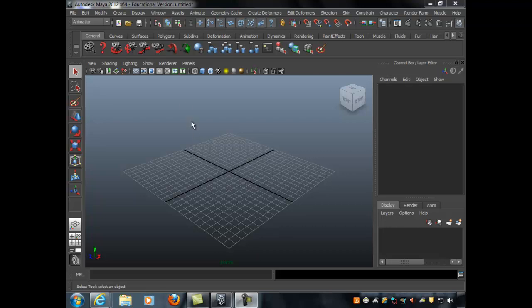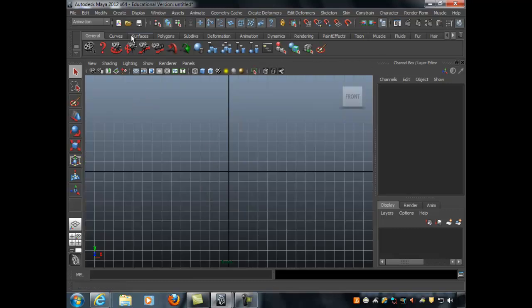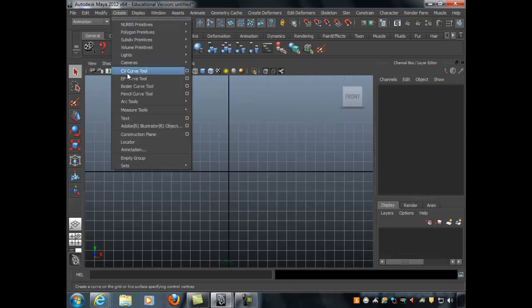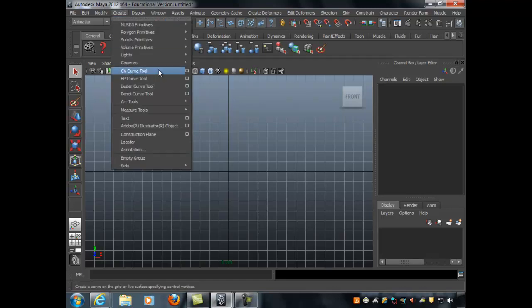Okay, so let's go ahead and review a couple of the NURBS modeling tools that we're going to use to build hard surface objects, specifically buildings. The first of which is the NURBS CV curve tool. So if you go to Create and the CV Curve tool,